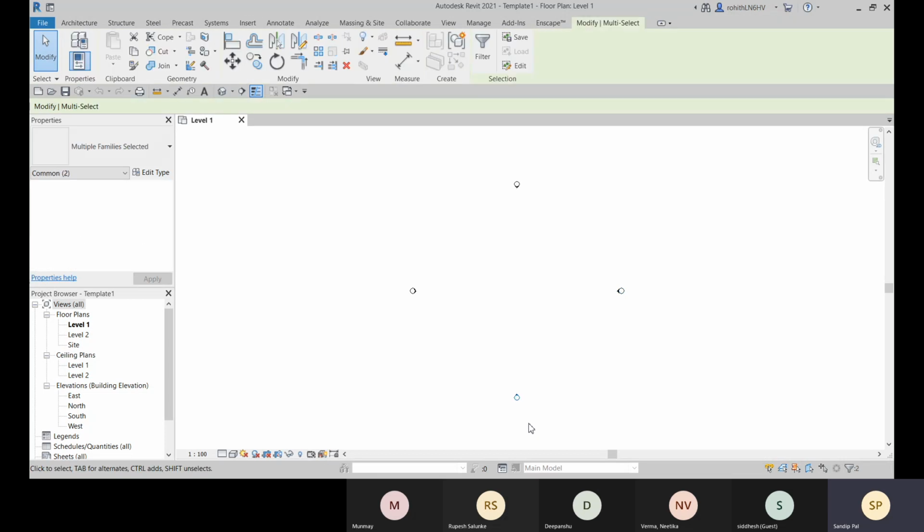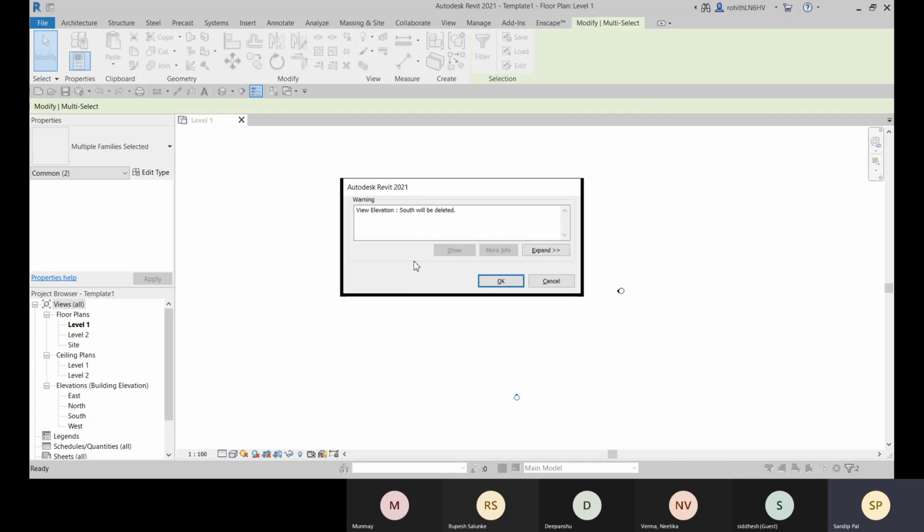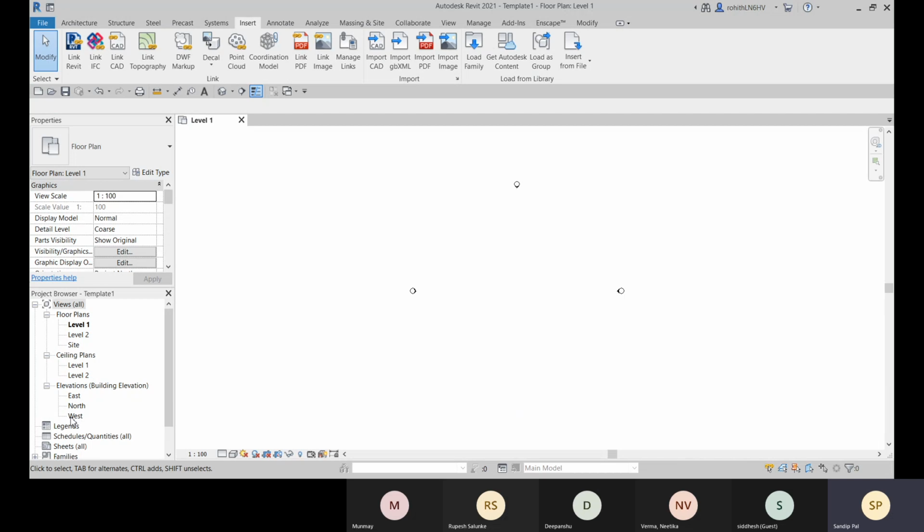You can delete or remove this, and you can add some elevation cameras. So let me select and delete this. So if you delete this, the view elevation, which is created by that elevation camera, will be deleted. So right now you can see that south is deleted.